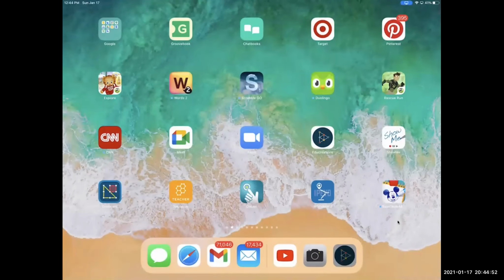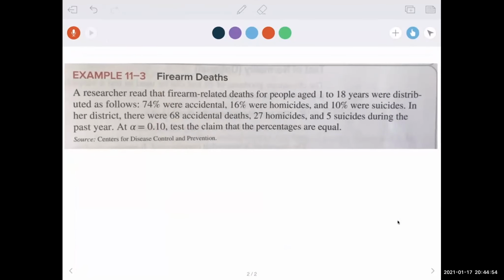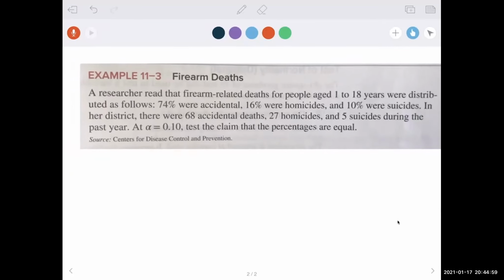Hello, good morning. This is Professor Grenfell once again, doing another video lecture for Chapter 11, Section 1 on the chi-squared goodness of fit test, or the test for goodness of fit. And so for this example, we're going to be looking at example 11-3,